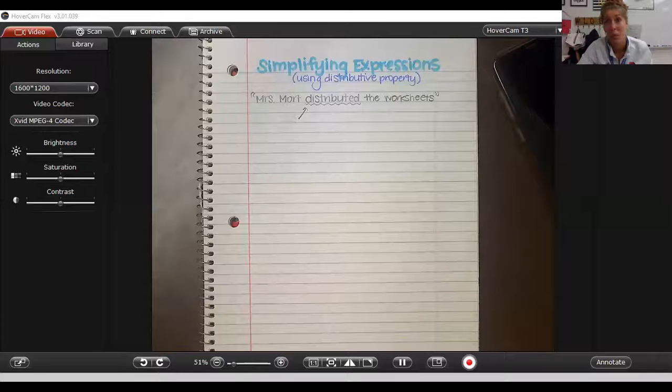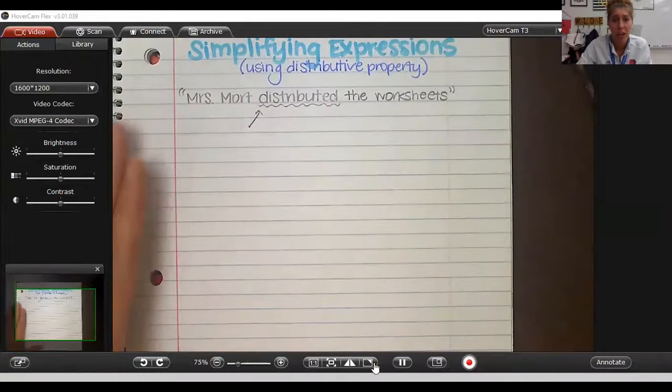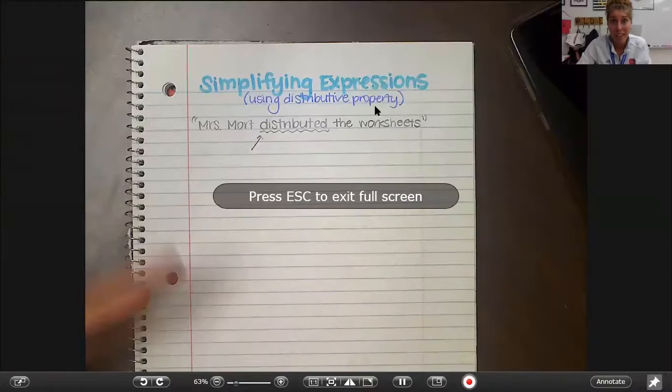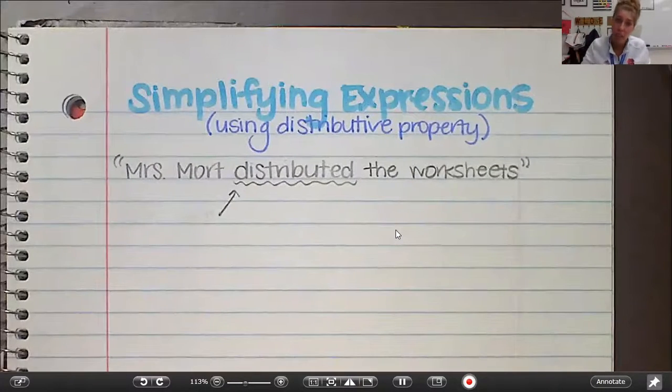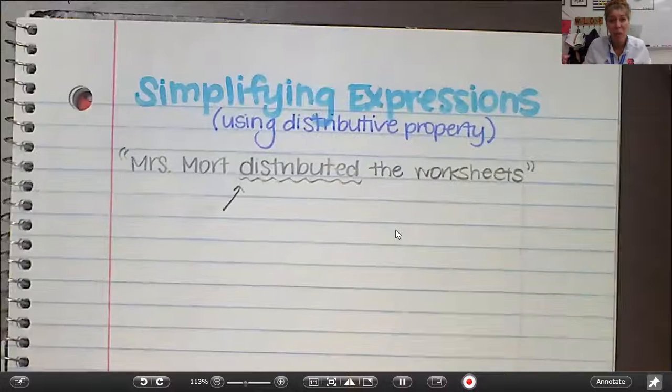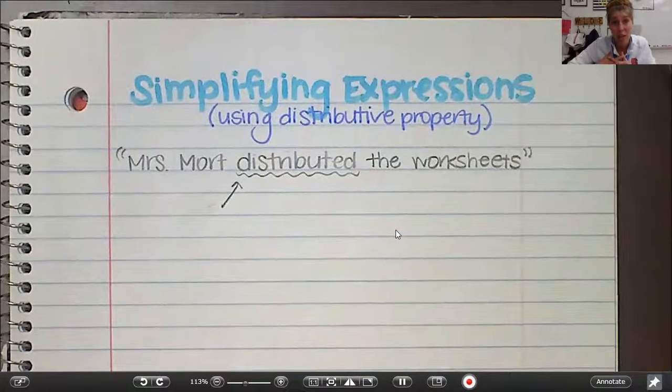I truly believe you guys have seen this before in 6th grade, but I am going to go over everything as if you haven't seen it ever or in a very, very long time. So I want to start out with the definition of distributing. Now, we all know that math definitions can be different than real life definitions, but in this case, I really do see the connection between the word outside of the math classroom and inside of our math definition,